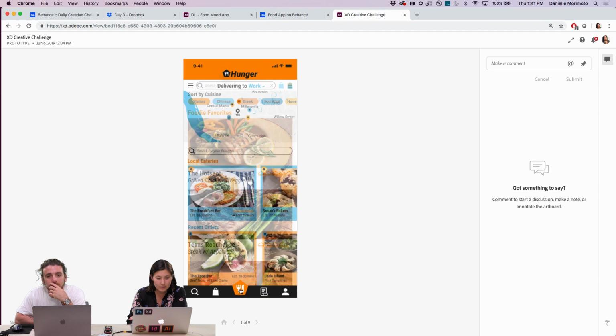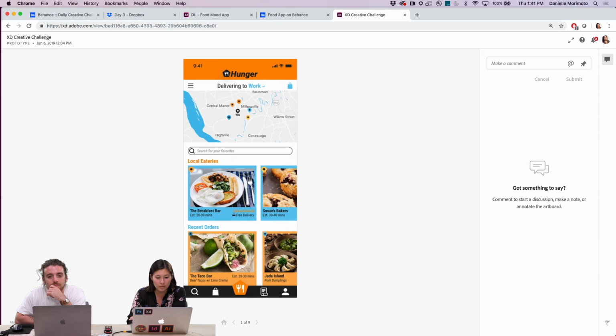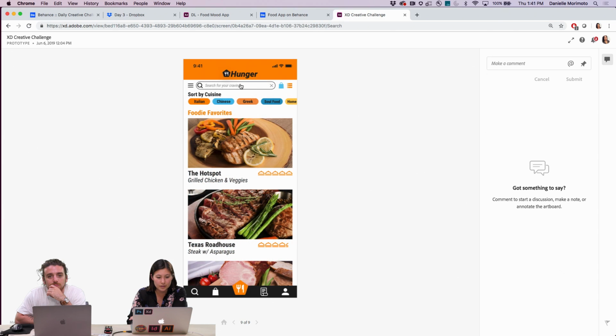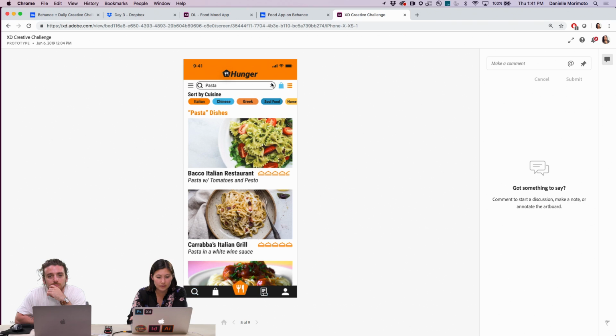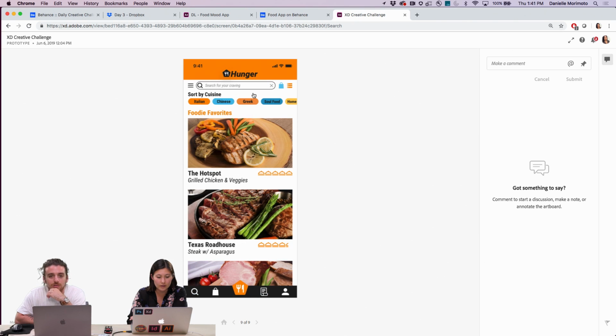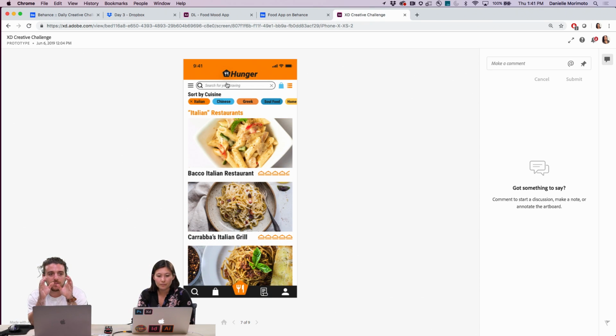Yep. All right, so going back. So this is my home. Nice. Okay, so search. Going through. Pasta, Italian. Okay, you can close out that as well. Yeah. So you're showing a lot of the little micro interactions between when you select it or when you enter text in the search bar, being able to show that close button or delete it. That always really helps.